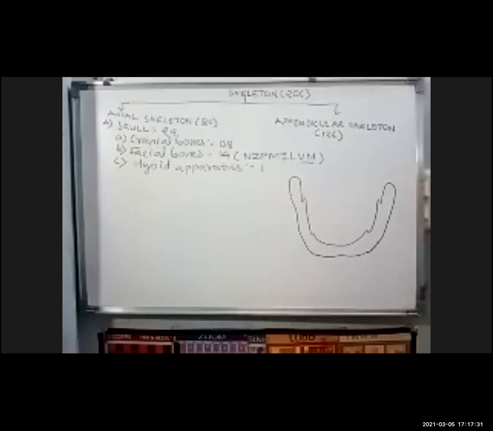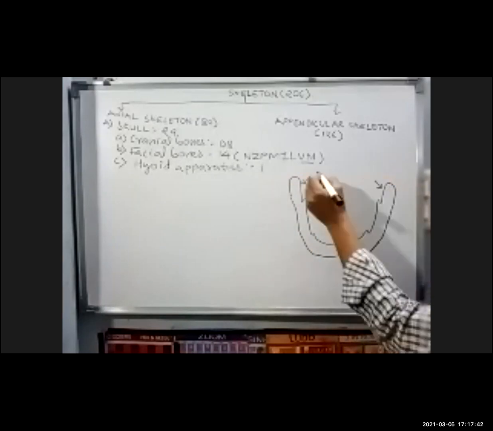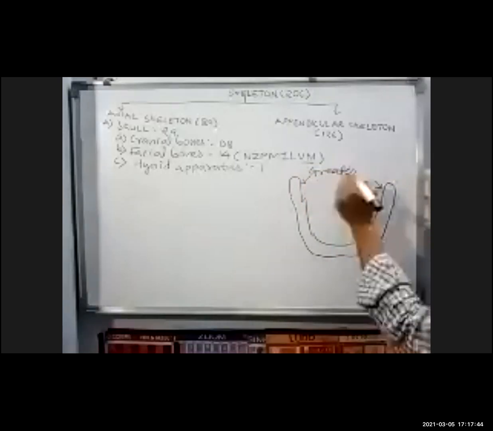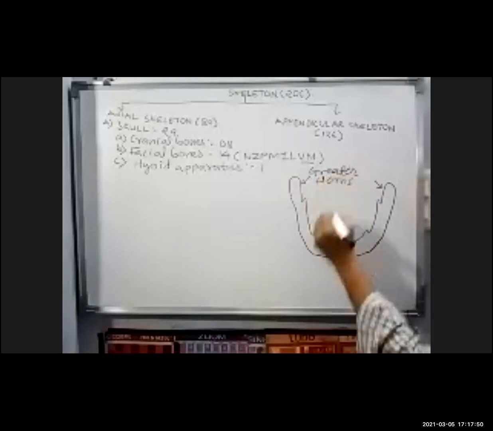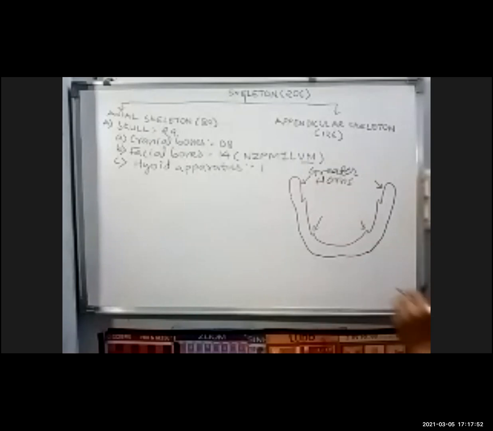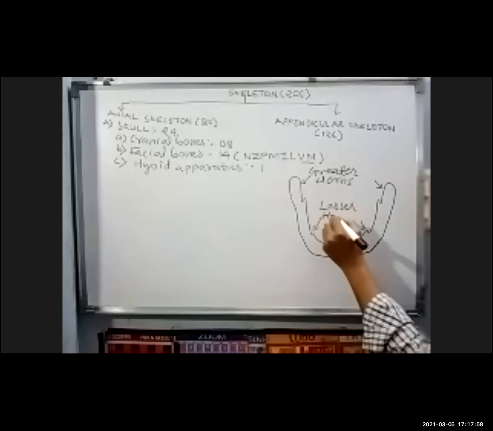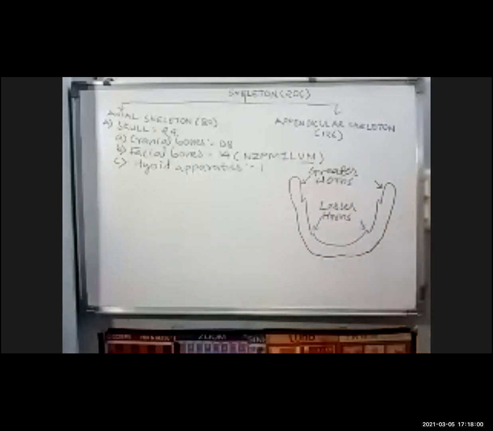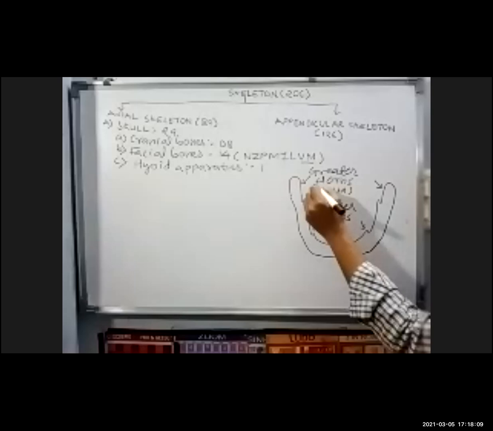All right. Now this consists of some parts that you will see. Those parts can be called greater horns. This will be called the greater horns, and these two small structures can be called lesser horns. So greater horns and lesser horns are the two subparts you can remember. They can also be referred to as greater cornua. Instead of horn, we also say cornua. So greater cornua, lesser cornua.